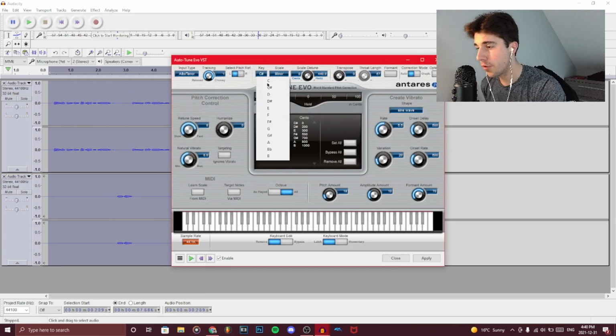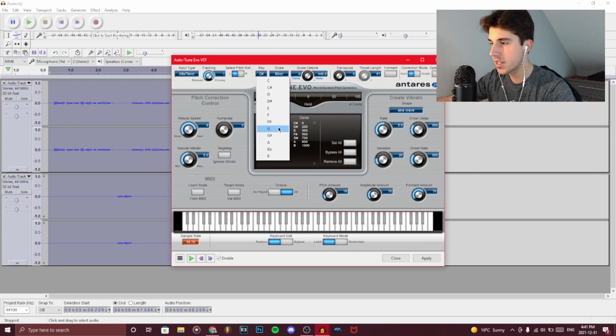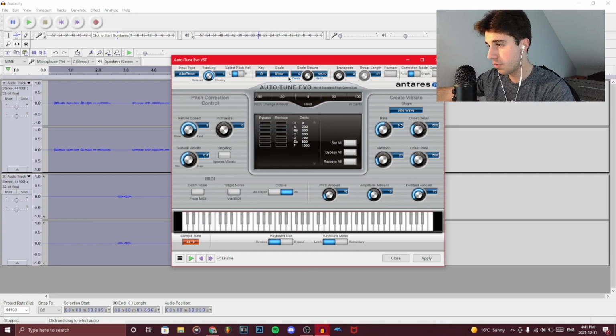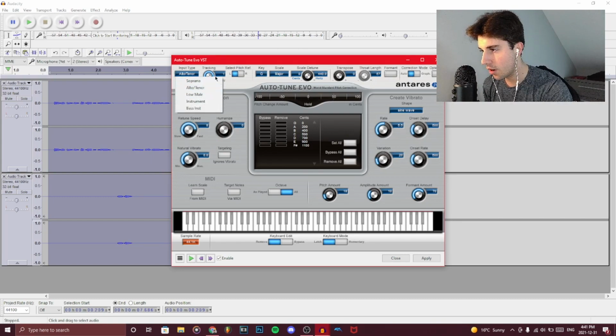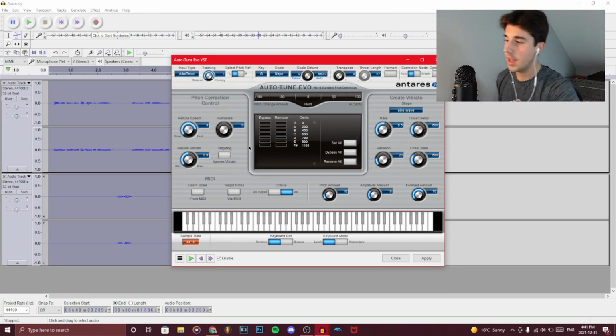But once we're on auto-tune, the first thing we're going to want to do is change the key of the song. Goosebumps is in G major, I'm pretty sure. So we have it over here. The input type really doesn't matter. You can put it alto, tenor, low, male. It doesn't change anything. And the second most important thing is the pitch correction control, which is retune speed and